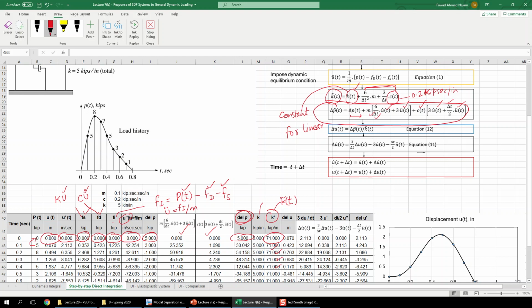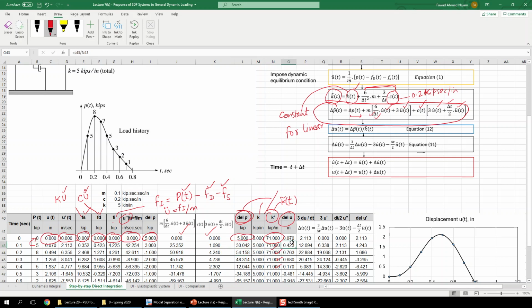And since we have already calculated k prime, we can divide this delta p prime by k prime to get this delta u. If you see the formula, I show you here, this is simply the division of delta p by k prime, and this delta p is calculated here. If I show you the formula, it is the sum of this plus this, because I have made a separate column for this term and a separate column for this term and then a separate column for delta p. So you sum all these three columns to get the delta p prime here.